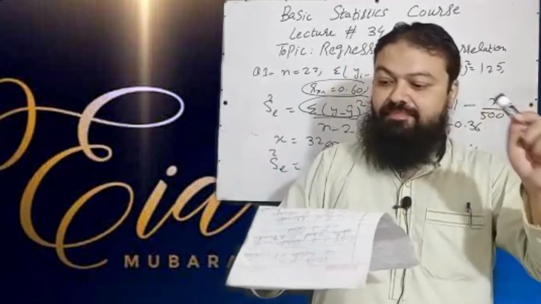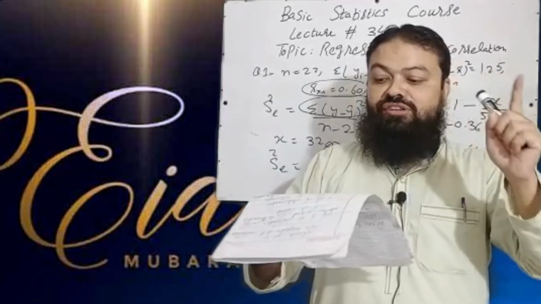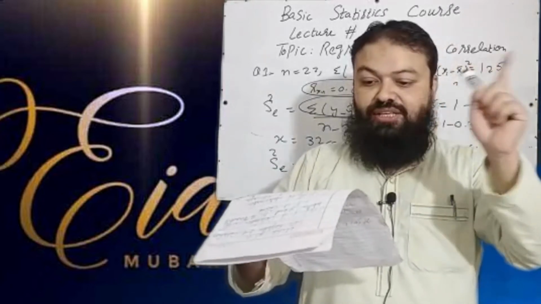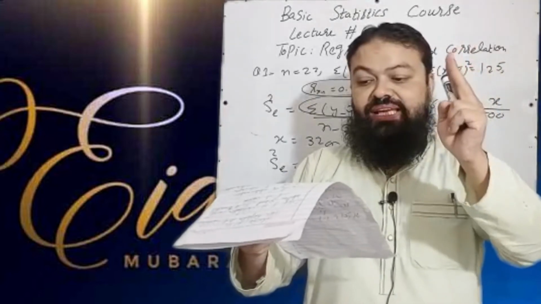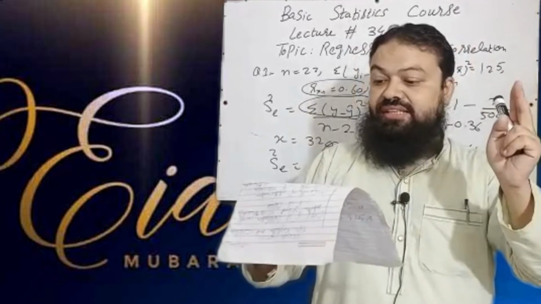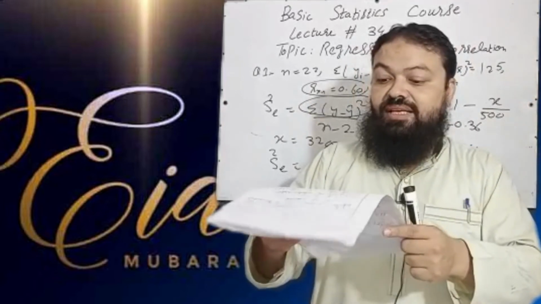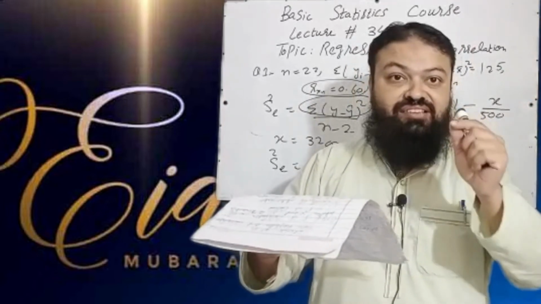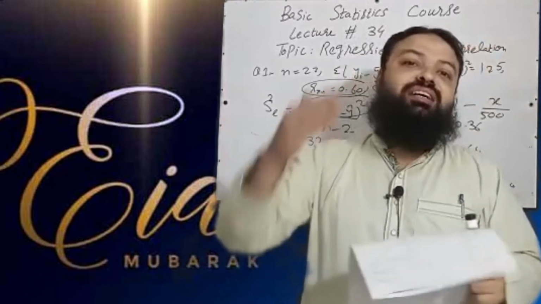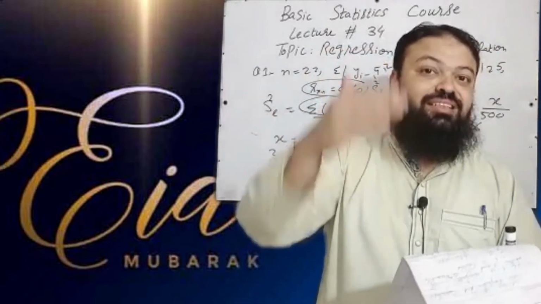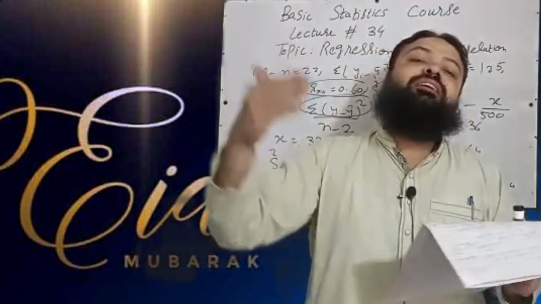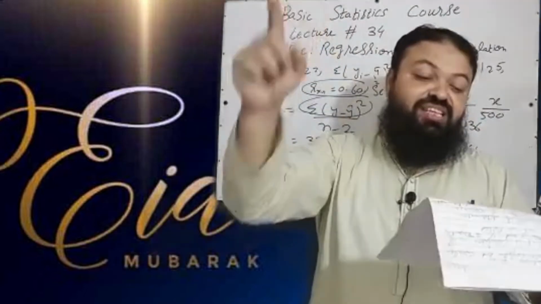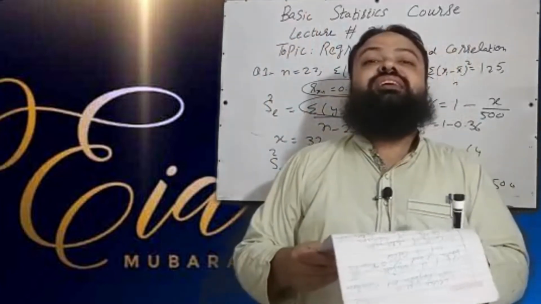Question number 3: in regression analysis, the coefficient of determination r square measures the amount of variation in y that is A, caused by the variation in x, incorrect. B, unexplained by the variation in x, incorrect. C, explained by the variation in x, that is the correct option. R square measures the variation explained by x in the response variable, the dependent variable. C is the correct option in the exam.